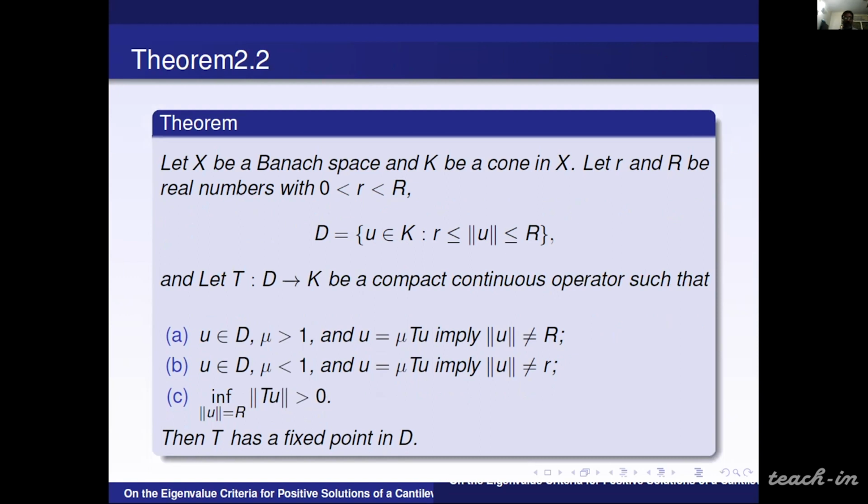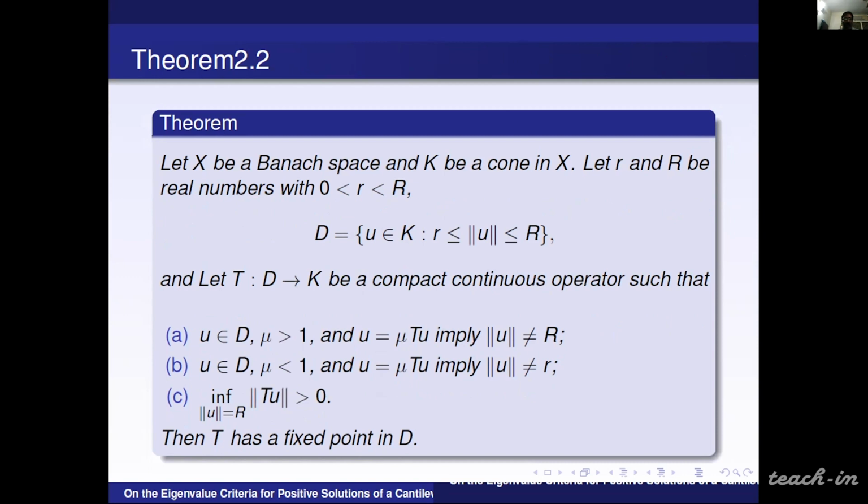It says that if you have a Banach space and a cone, and small r and big R are two real numbers with 0 less than small r less than big R, and if you have a domain D in the cone K bounded by the lines norm u equal to small r and norm u equal to big R, and if you have a